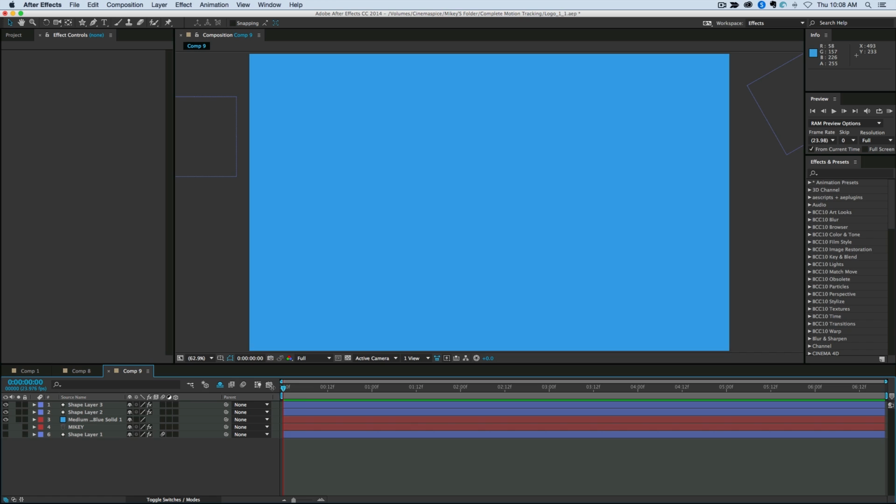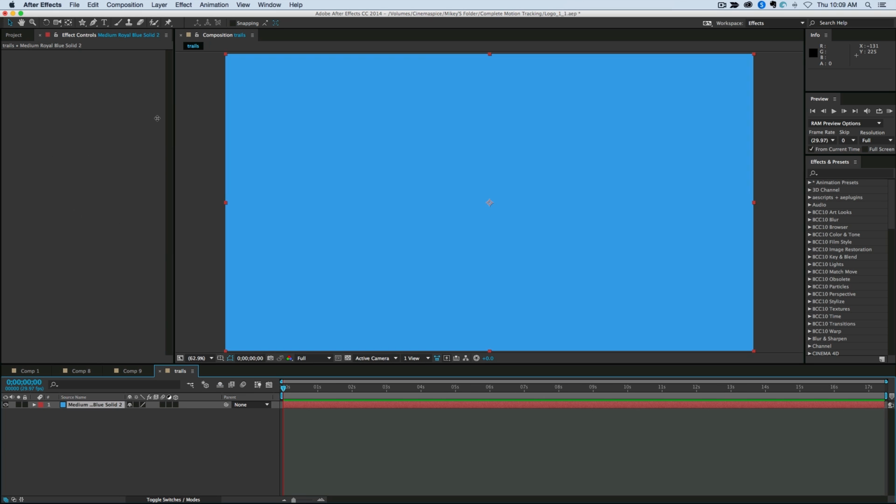I'm going to show you the easy way because it takes some expressions to make it work, and instead of taking you through the whole entire complicated expression, which took me a while to figure out because I'm not that good at math, I'm just going to give you the expression and then you can just copy and paste it. But let's start with a new composition just so we can put on a background. I like blue. And let's just grab a rectangle tool